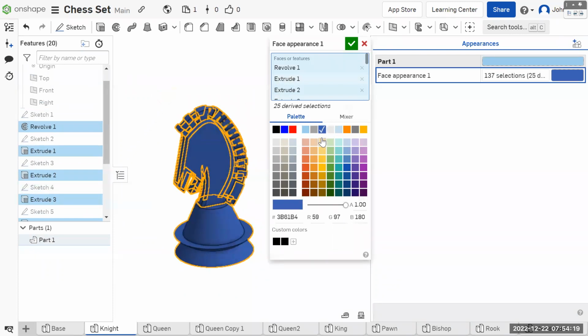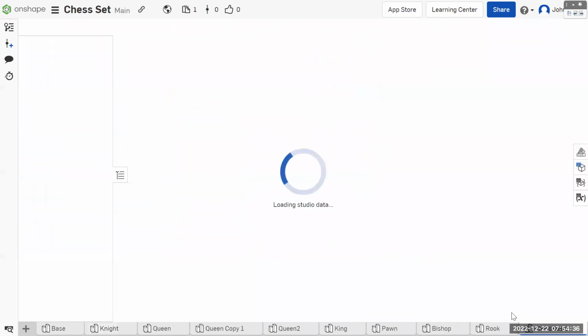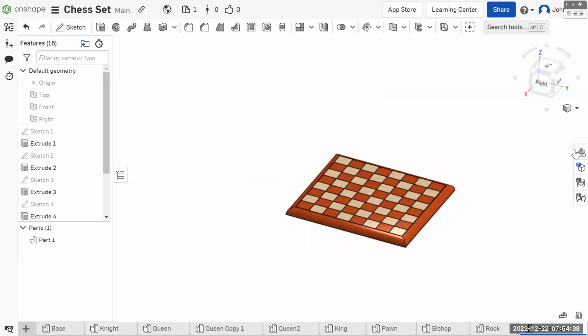And let's pick a color that is easy to remember. In fact, let's just work with the two colors that I used for the board, which is this fourth one here, I think. And what was the other one I made? The other color was